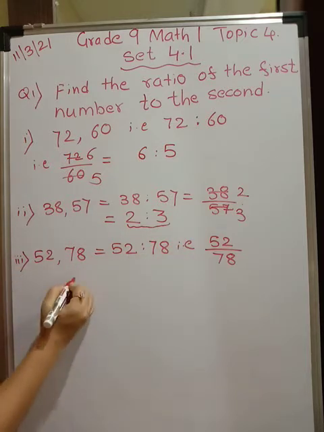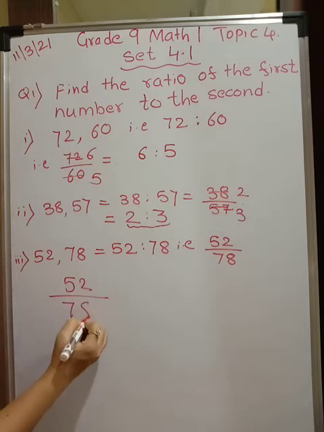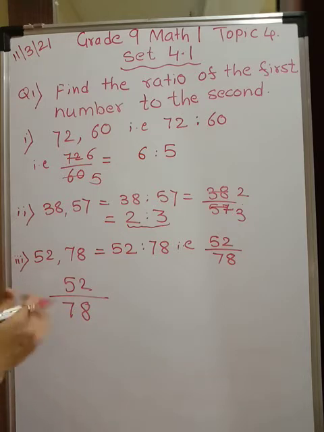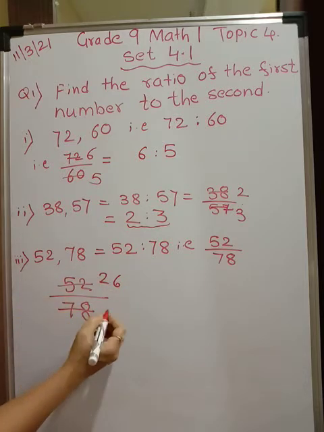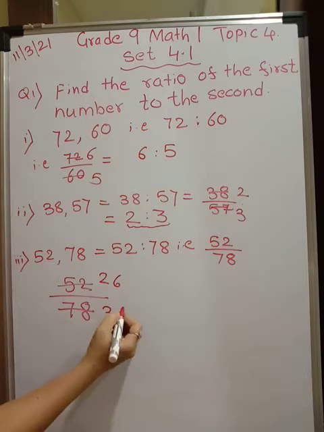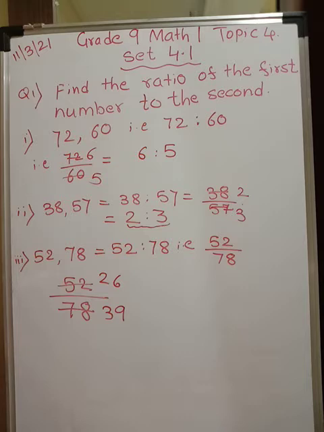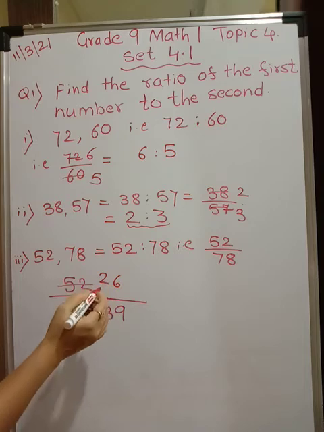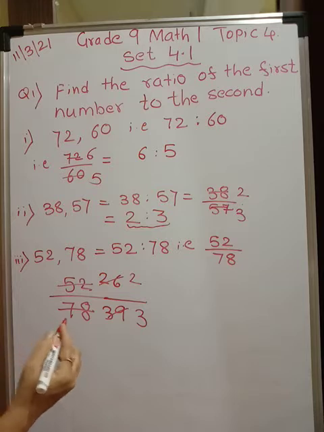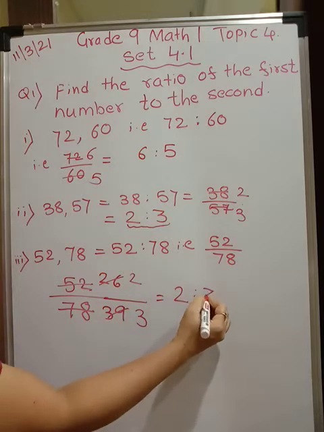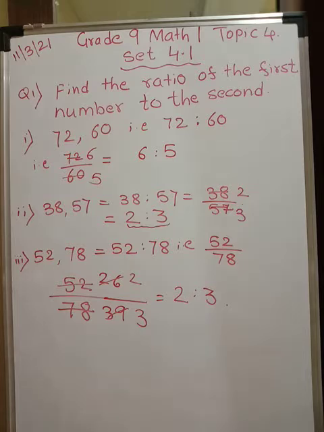Now 52 and 78. I am writing here 52 is to 78. Okay, now I will show by another method. Start with the smallest number. If you don't know the tables directly, go for the smallest number. Let us divide both by 2. So if I divide by 2, 2 twos are 4 and 2 sixes are 12. If I divide this by 2, 2 threes are 6 and 2 nines are 18. Isn't it? Okay. Now this is 26 upon 39. So this can be divided by 13. 13 twos are 26 and 13 threes are 39. So you have ratio 2 is to 3. That's the first